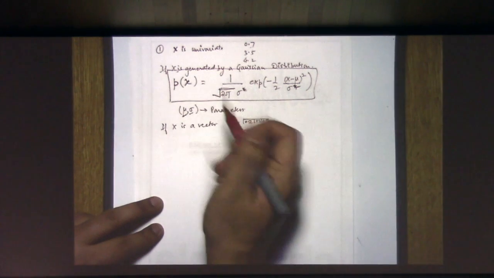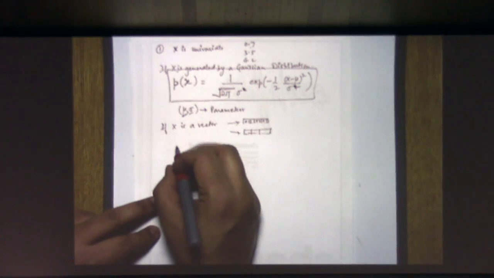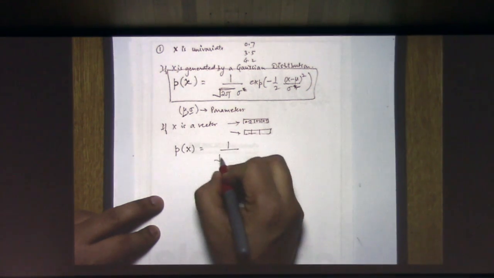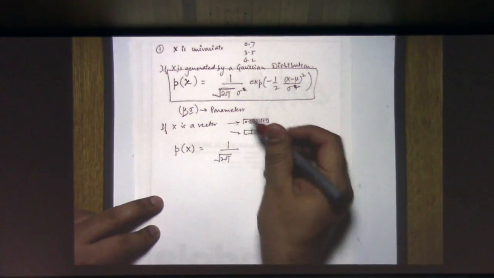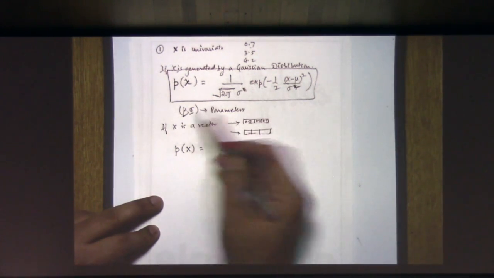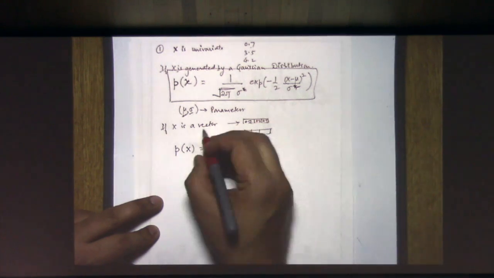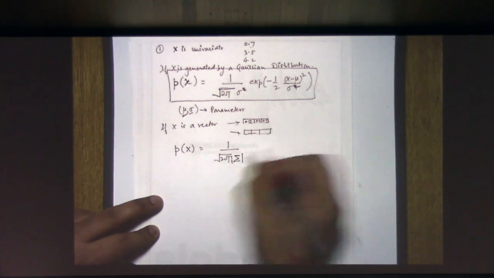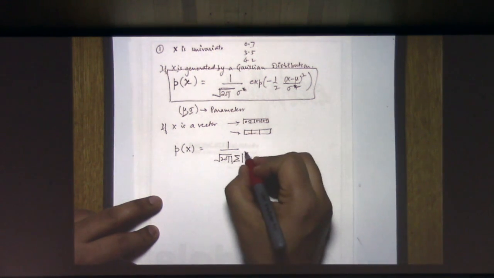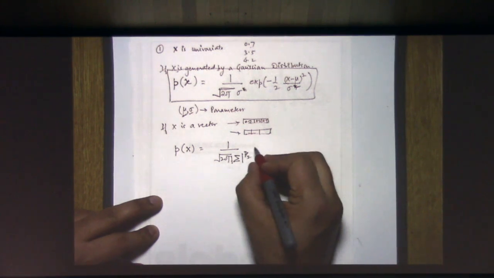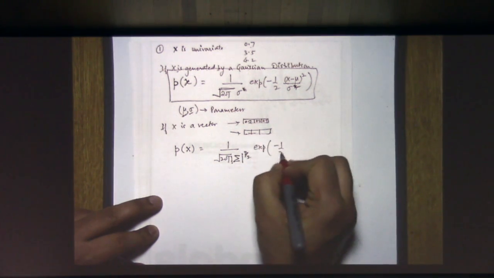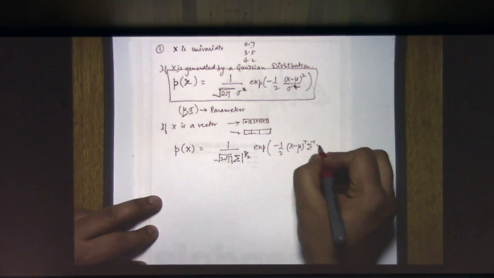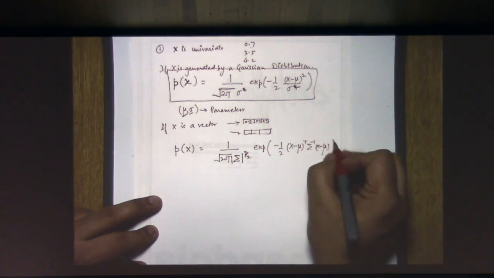In that case, we talk about this distribution p of x, which has a very similar shape, except now instead of having parameters which are scalar numbers, you have vectors and matrices. So in that case, it becomes determinant of this matrix raised to d by 2, exp minus half